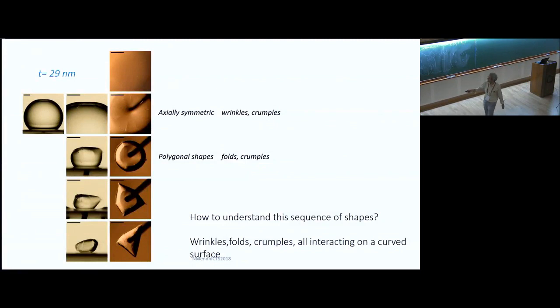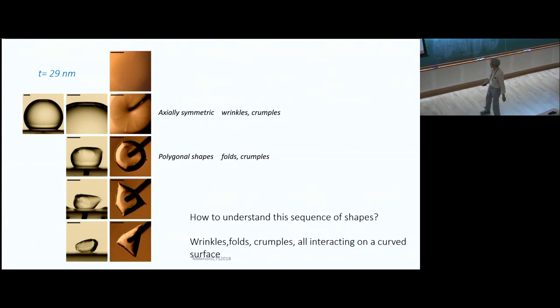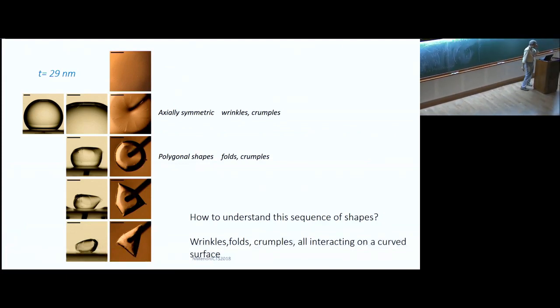A couple of things happened, right? We're at this stage already, we can't understand very much. But then after that, it turns polygonal, then goes from, I don't know, 7-sided to 5-sided to... And you get something like this, okay? So this is a nasty problem to think about. You have wrinkles, folds, crumples, everything, and they're all on highly curved surfaces, not the gentle, small slope kind of thing I was telling you about. So we thought there was little or no hope of